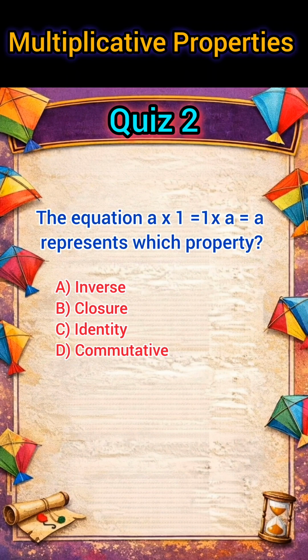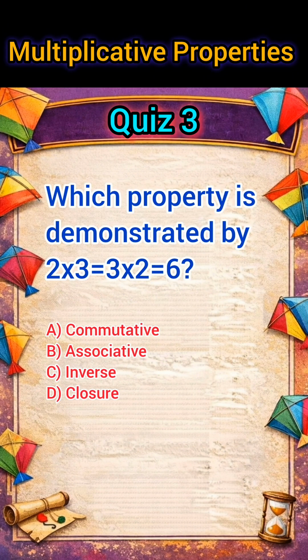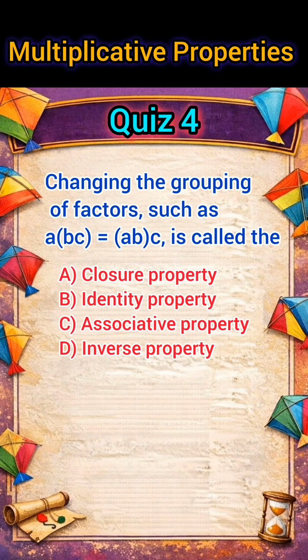A. Inverse. B. Closure. C. Identity. D. Commutative. 3. Which property is demonstrated by 2 × 3 = 3 × 2 = 6? A. Commutative. B. Associative. C. Inverse. D. Closure. 4. Changing the grouping of factors, such as (a × b) × c = a × (b × c), is called the